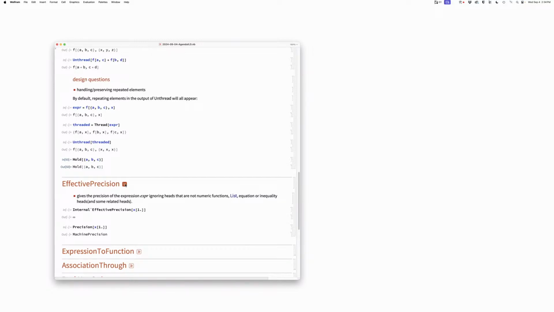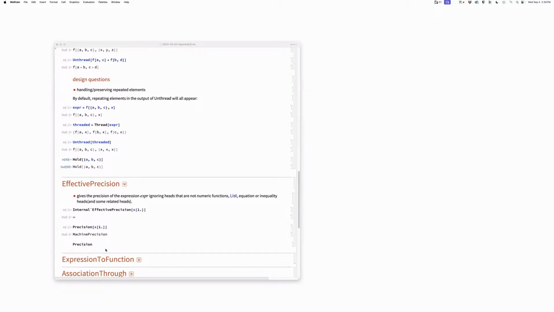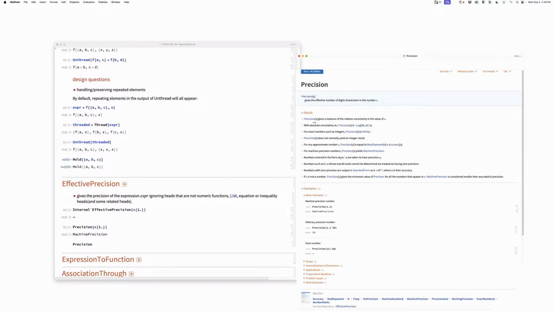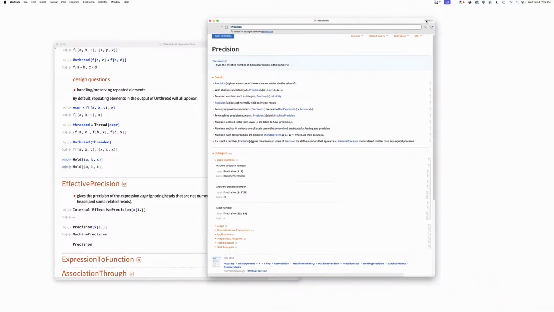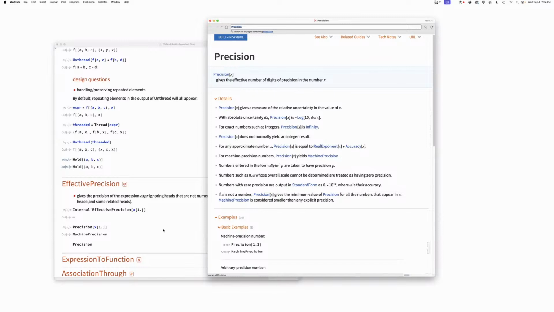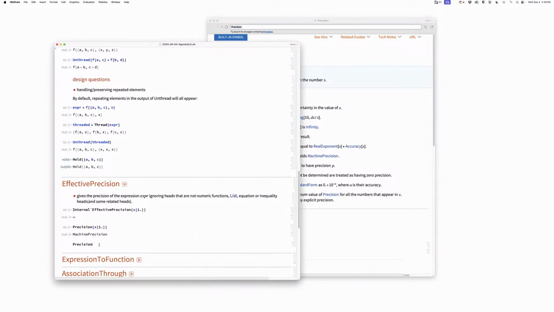Yeah, so we have this internal function already called EffectivePrecision, and it differs from Precision in that it is specifically interested in numeric functions. So when we look at it, Precision is going to dig into the expression and look for numeric elements, and we'll get the precision that it's operating at. The EffectivePrecision will give us